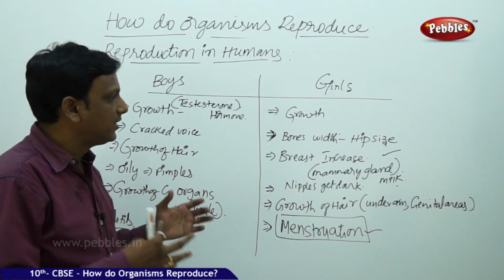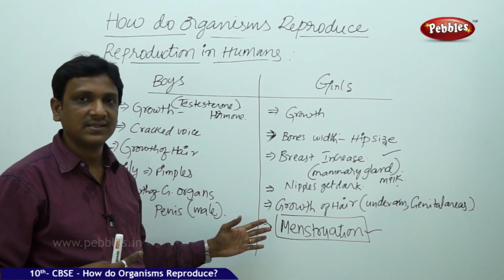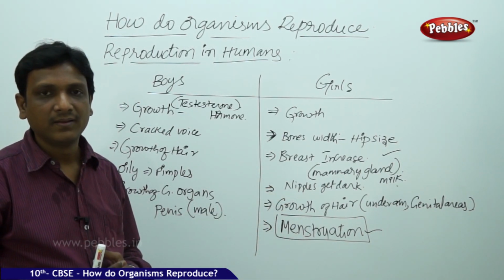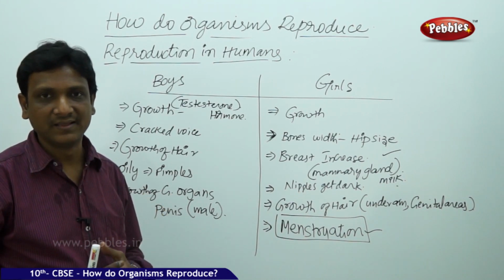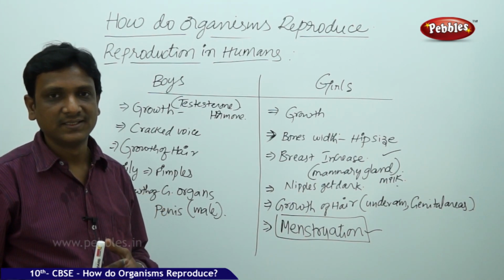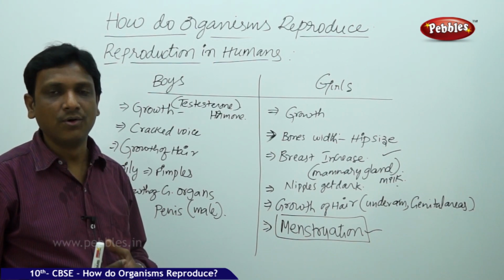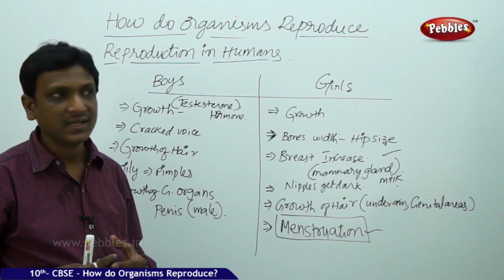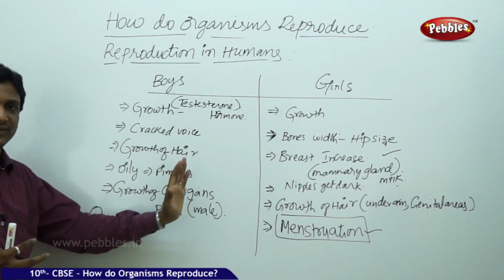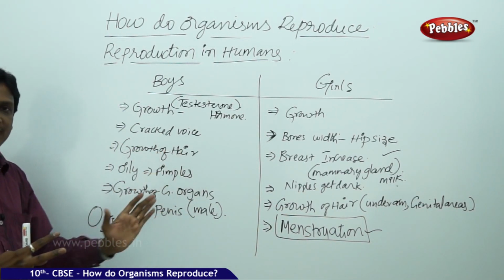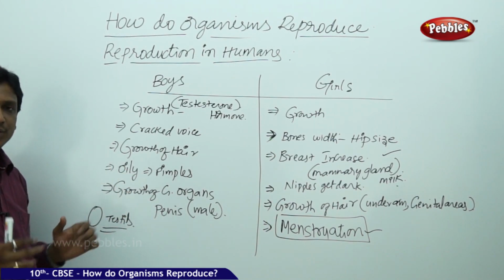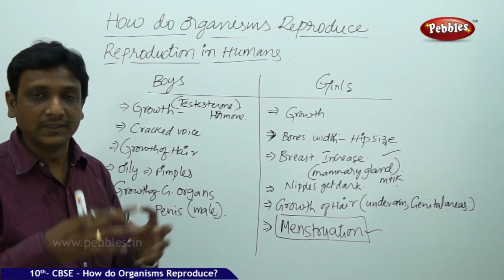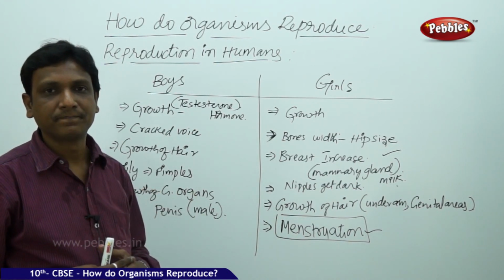A girl who is able to menstruate and produce the egg cells cannot participate in reproduction very soon. It will adversely affect her health, physically as well as mentally. So it needs some time for the complete maturation of our systems. So it is the onset, starting of the sexual maturation. Your body must be completely grown up. Your mind also must be completely grown up. That is for the production of babies.